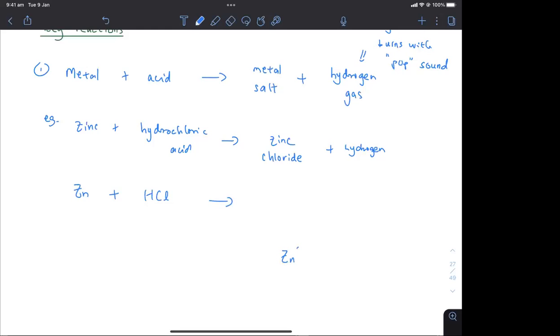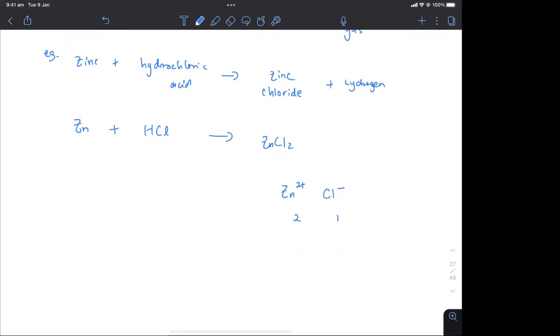Zn2 plus. What is the formula for chloride ion? Cl minus. What is the formula for zinc chloride? ZnCl2. That is correct. For the rest of you who don't know how to do it, we look at the